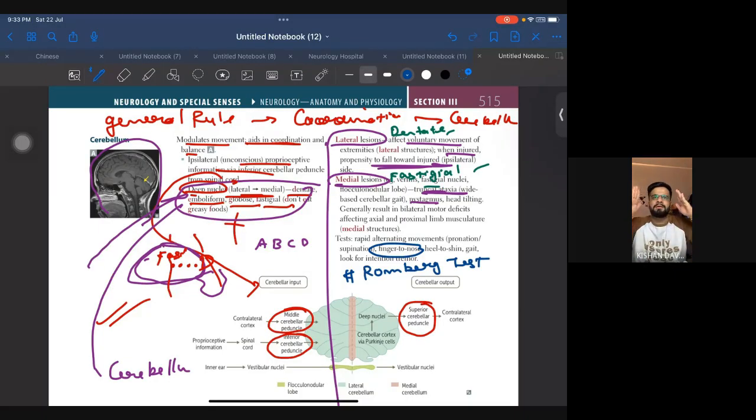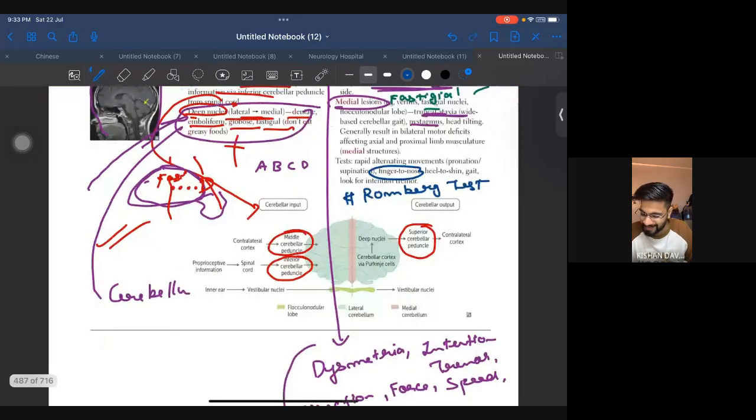Second case, doctor will touch the various, like see, you can do this. But the patient won't be able to know what is there. Patient won't feel that something is coming. Okay, even if you close your eyes, you have one sense कि हाँ कुछ आ रहा है, कुछ गर्म लग रहा है, कुछ ऐसा लग रहा है. Patient won't be having any of that. Okay, so that is what Romberg test is. But the most common in the exam, what they will ask you about is the finger to nose test. Okay, so this is all about